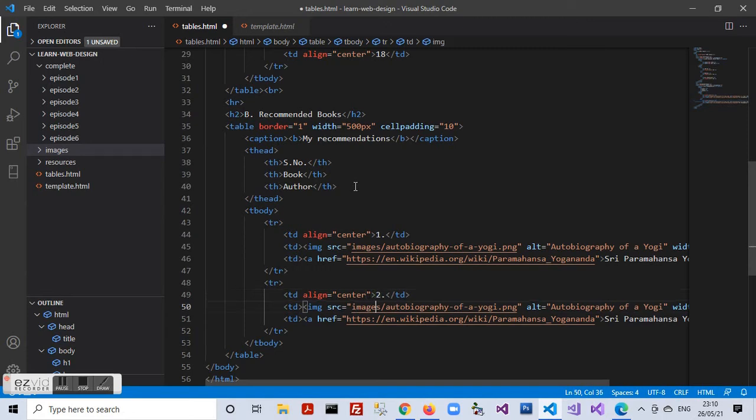The image has to be of a different book. I'll pick it up from images folder. I'll say the 5 people image, and alt will say the 5 people you meet in heaven.